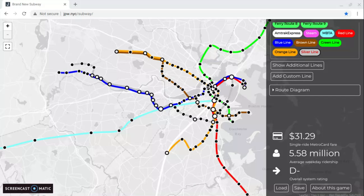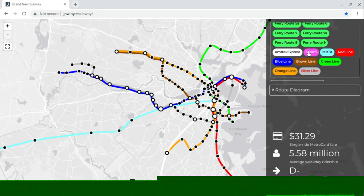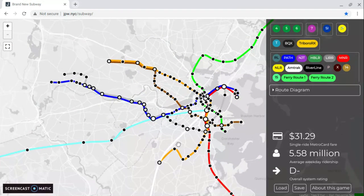Everyone, this is going to be the last big expansion for the outside world. This is by far the biggest expansion. I've added a couple of new subway lines, relocated some of those lines. So first I'm going to start off, I've added the